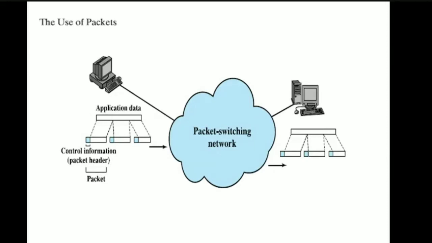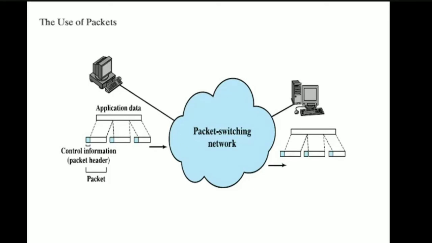Okay. So if we want to know how packet switching is going to address the kind of problems which we have with circuit switching, let us now see the diagram on the screen. Actually, we know that in the network layer, the data is transmitted in the form of packets. If you see here, the station is connected to the packet switching network on the left. It has some data, that is application data. So this application data is now divided into different small packets.